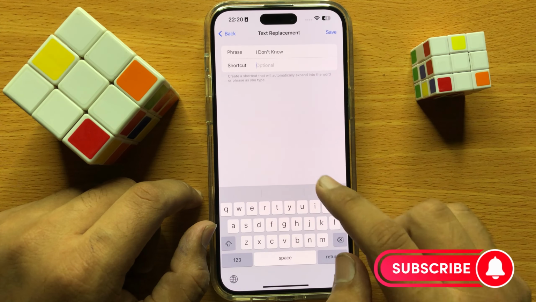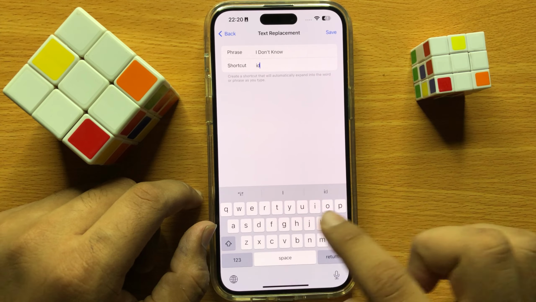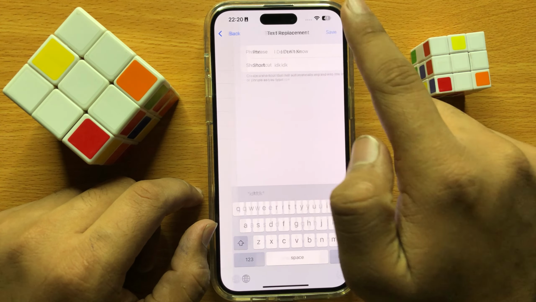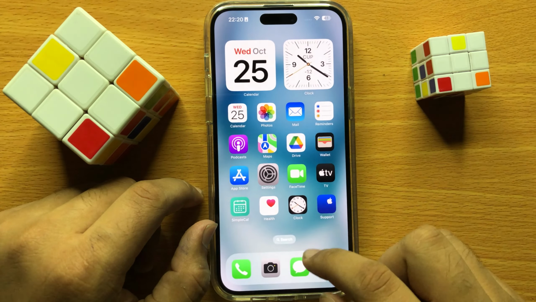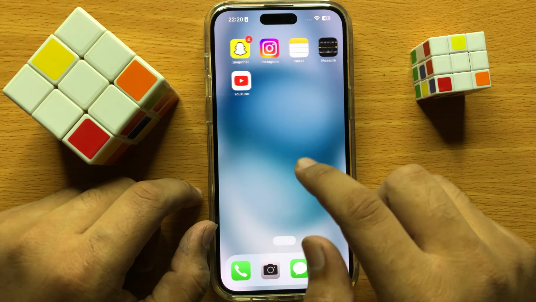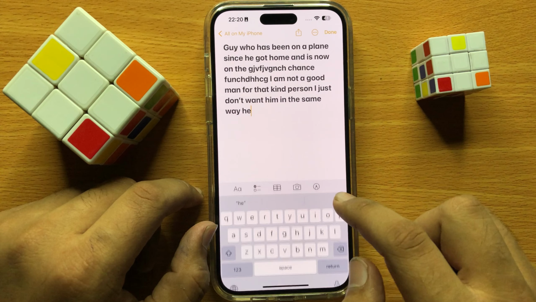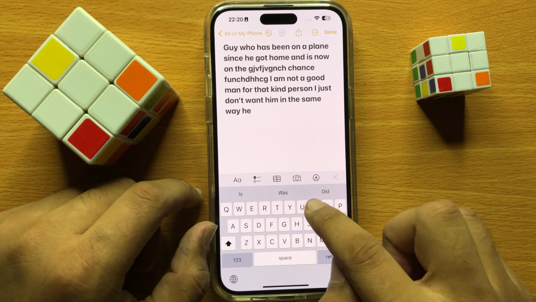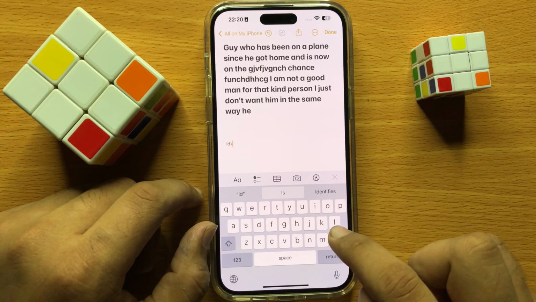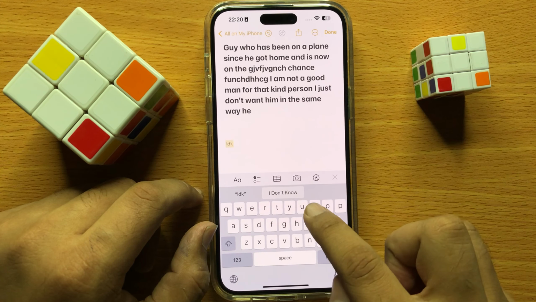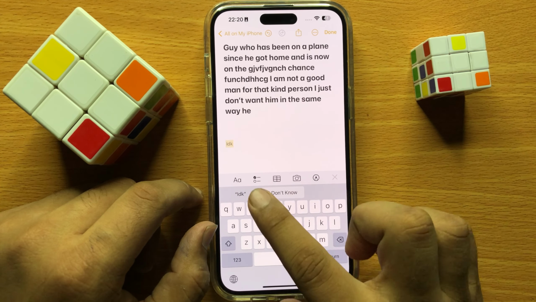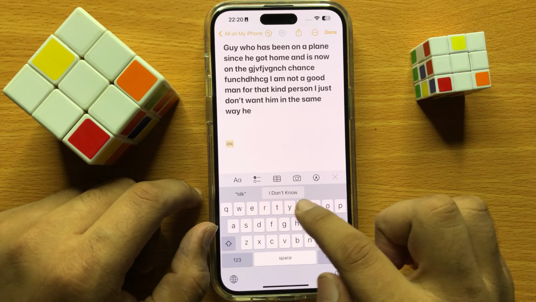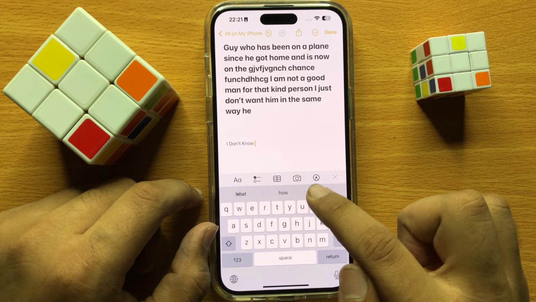And then add the shortcut of this phrase you want to use. And after that click on save. And now when you are using your keyboard and you write the shortcut, it will show the phrase here. So just write the shortcut and it will show the whole phrase, and just simply tap on it to write